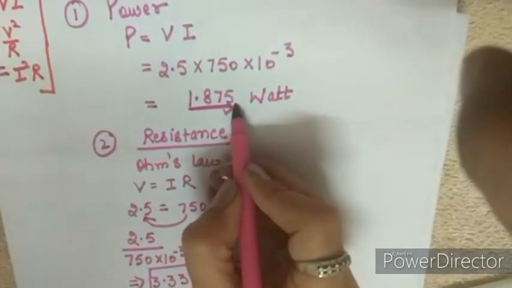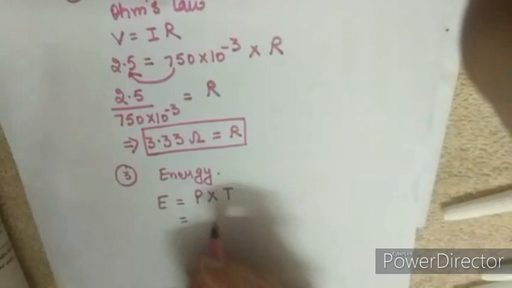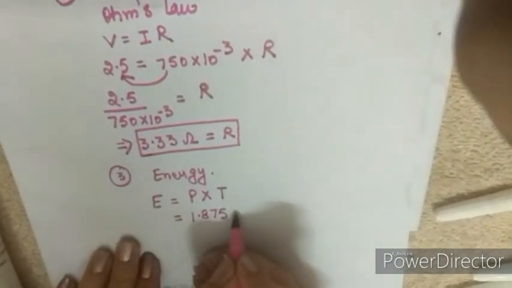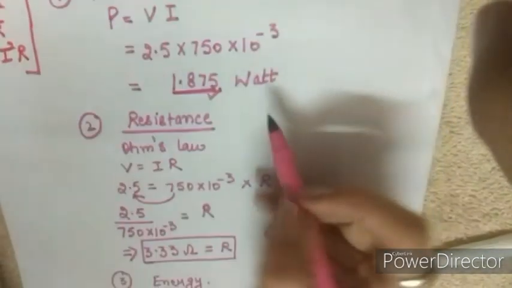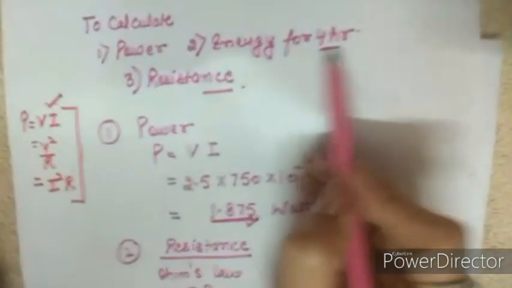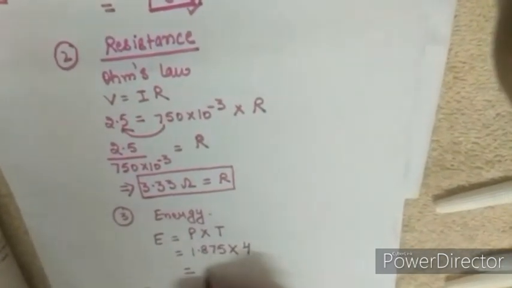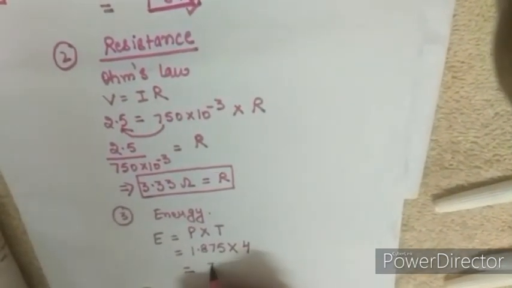So just substitute this value over here. So power is 1.875 and the time, it is operated for 4 hours. So here the time is 4. So when you solve it, you will get the result, that is 7.5